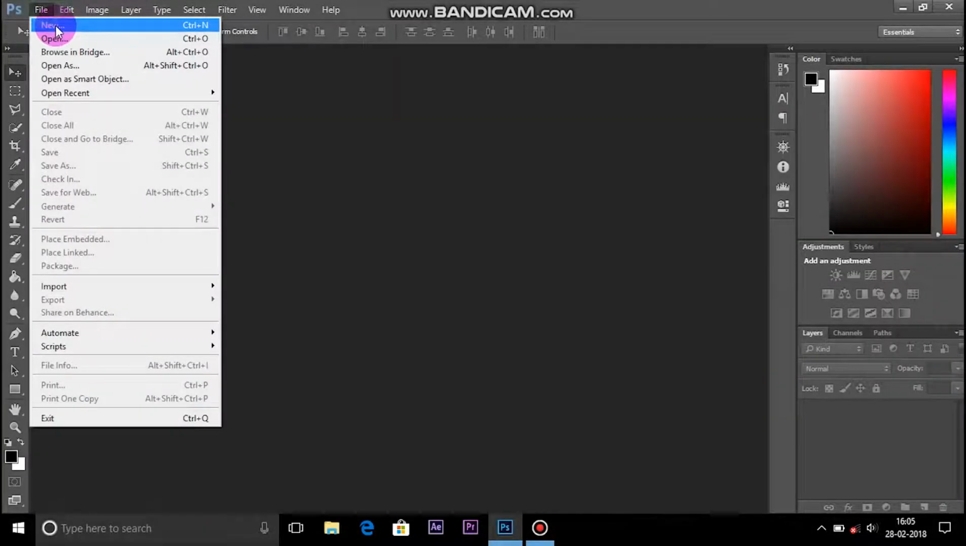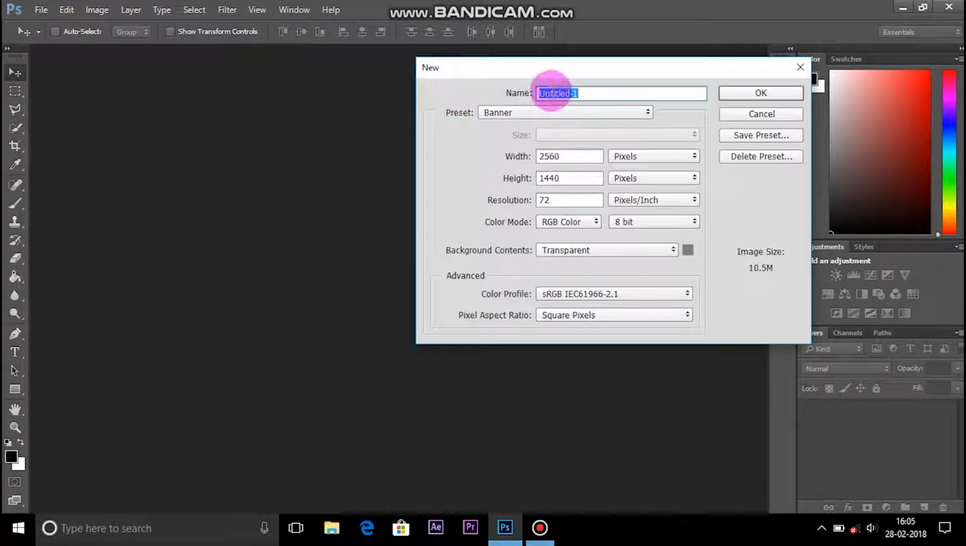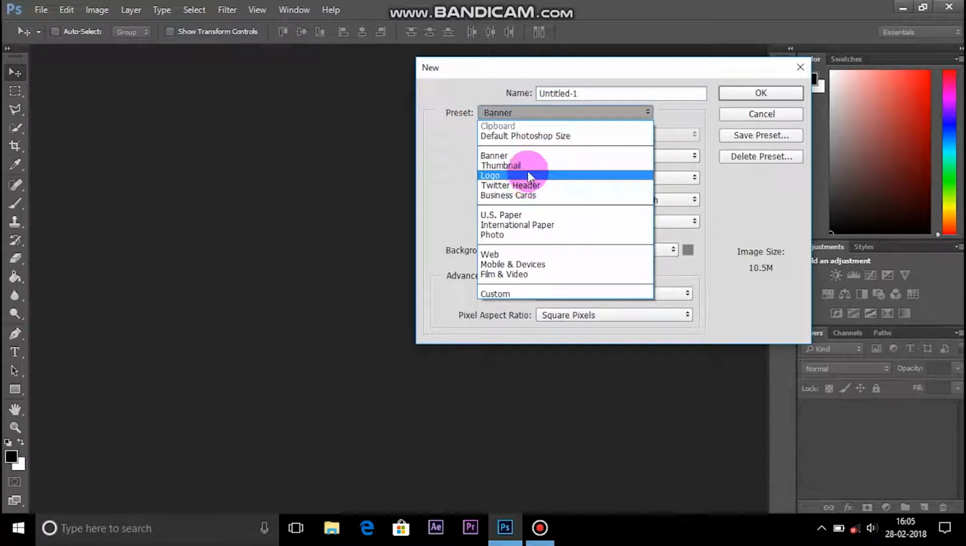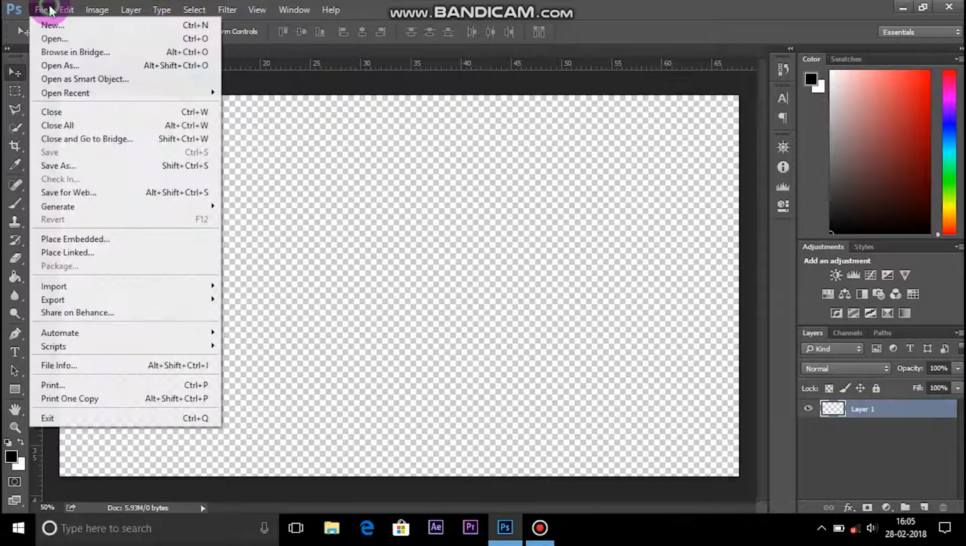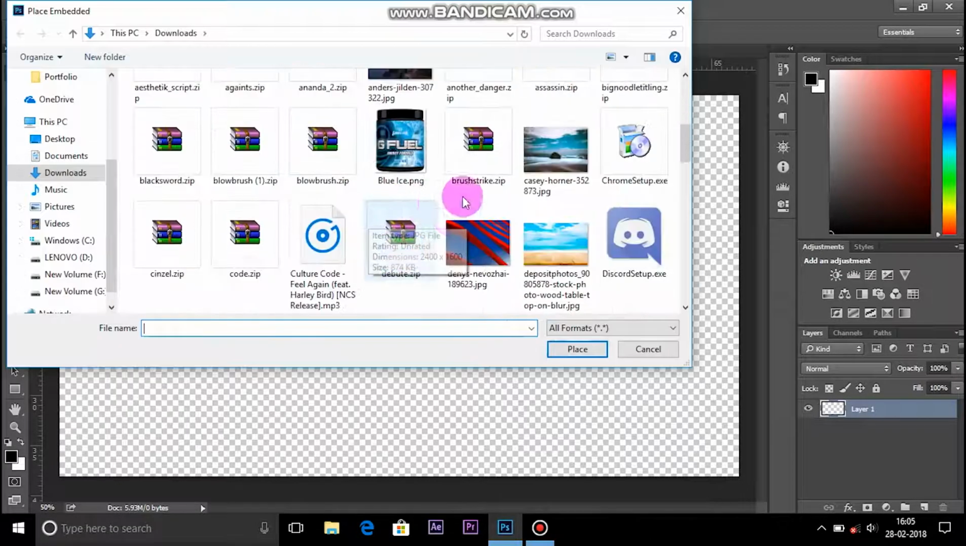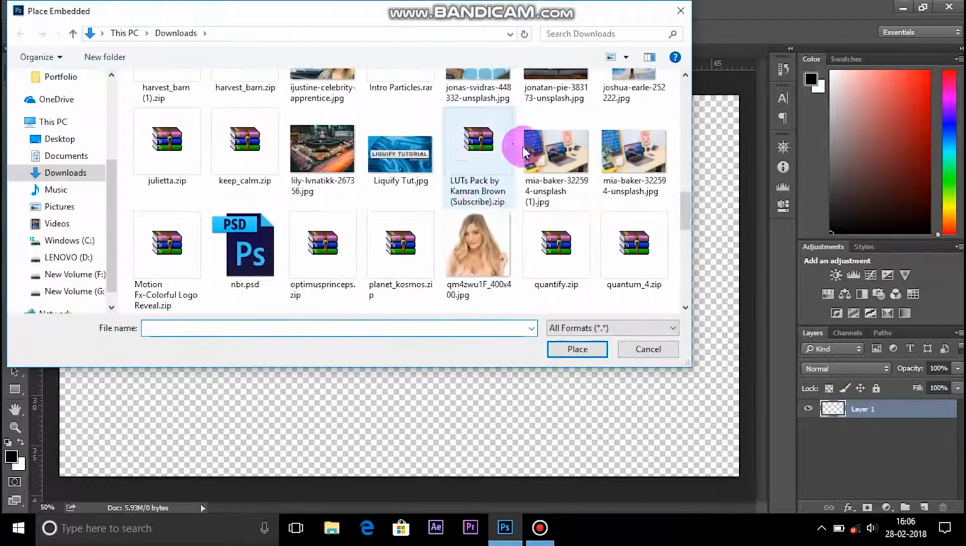So let's start with the 1920 by 1080p resolution. Click OK, and after that, I'm showing the simplest method you can use. There are two different methods. First, I'm showing you the basic method. Open Photoshop and open a picture you want. Then choose the background you want. I'm choosing